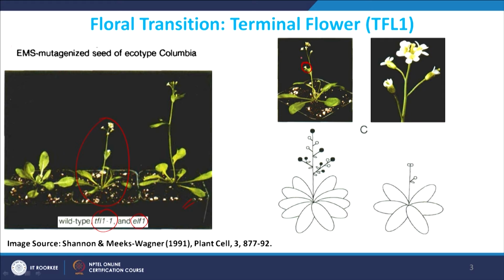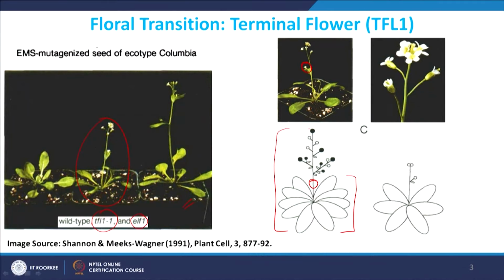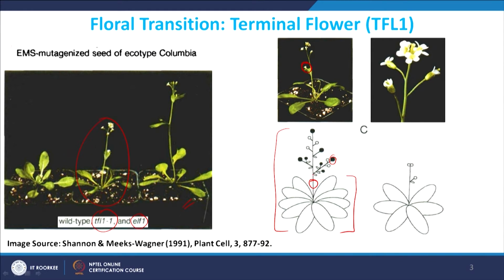So, in the life cycle of the model dicot plant Arabidopsis, during the vegetative phase, rosette leaves are formed, and then after transition the shoot apex gets converted into the inflorescence meristem, and this inflorescence meristem has a mixture of properties. The branches coming from the inflorescence meristem have indeterminate nature, whereas the flowers on the branches are determinate in nature. What it means is that branches can grow and make many flowers, but once a flower is made,